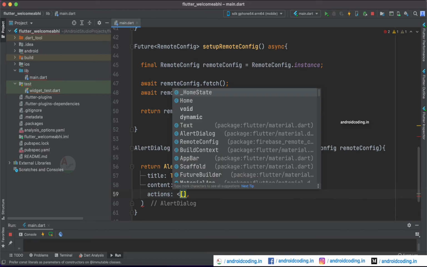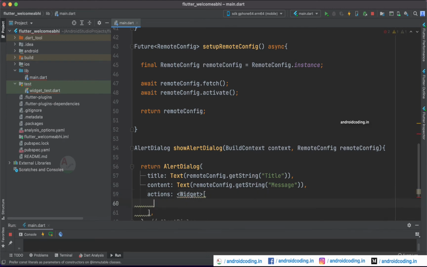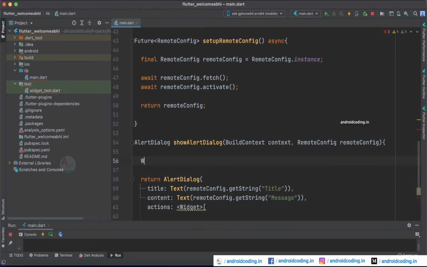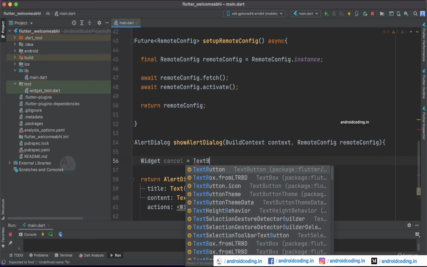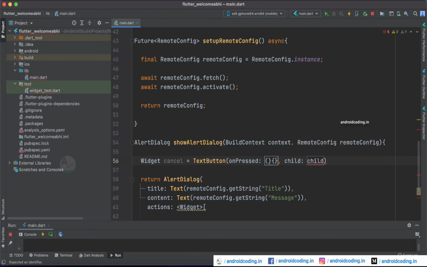And now the third thing is actions. The actions we can specify with the help of a widget here, and these actions are nothing but the buttons you can see in your alert dialog, like yes, no, cancel. All these kinds of buttons you specify in an alert dialog box, right? So these are the actions now. Let's create a widget, a button like cancel. Let's create a text button. The text button will have two key parameters, onPressed and child. The child will again have a text widget which will display the information like